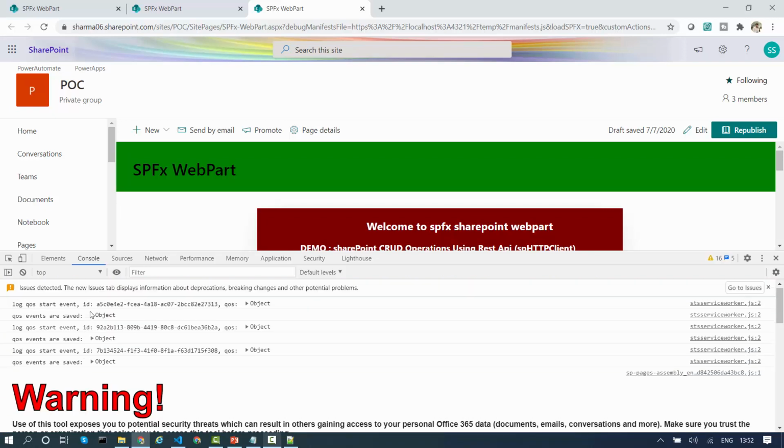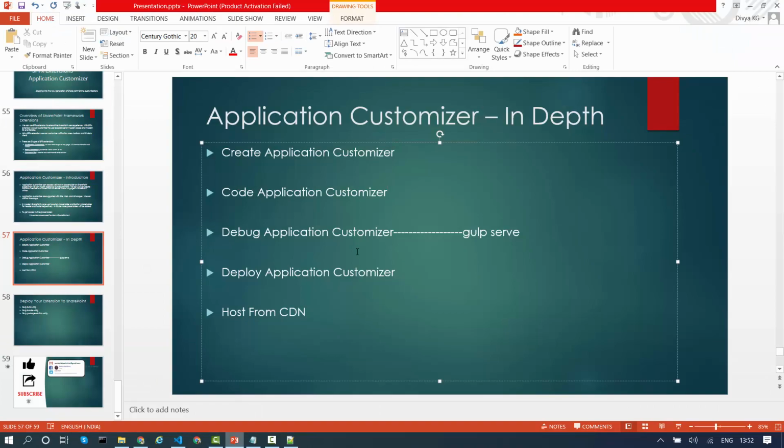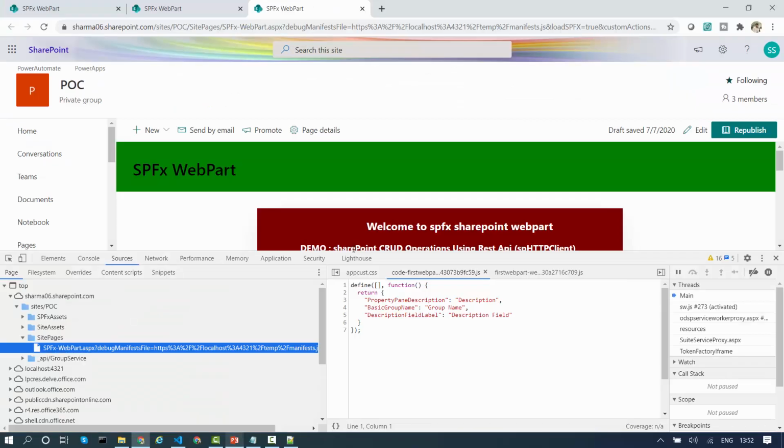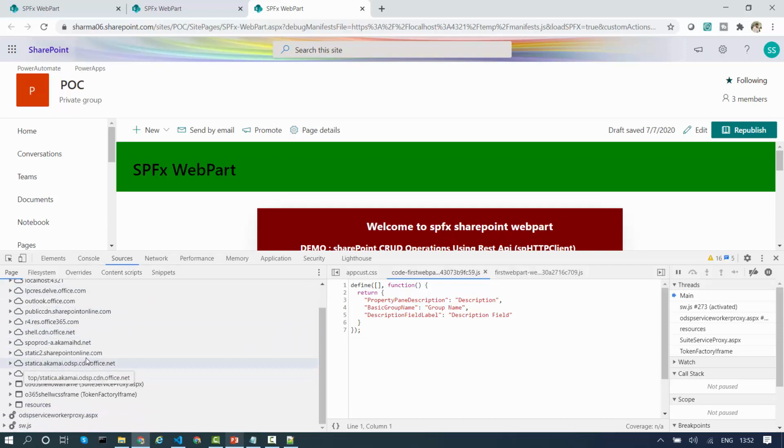No. Now next we will test our web part, and see how we can test it. If I go to the agenda, over here we have this debug and test. So guys, please watch carefully how we can test. When you press F12, go to sources. After running your command gulp serve in your browser, go to sources and come under this webpack. Expand this folder, and over here you can see this source.